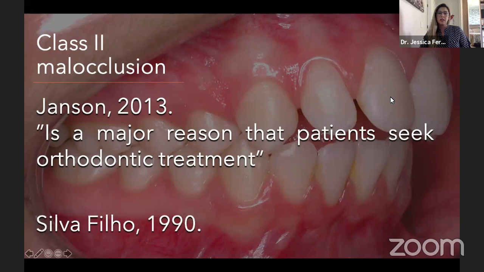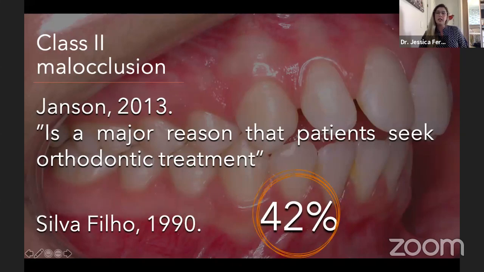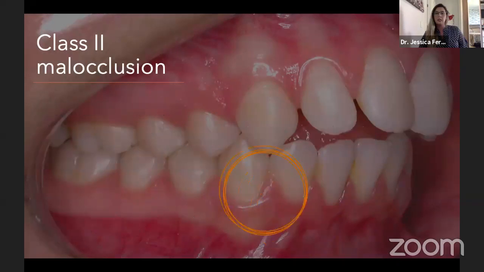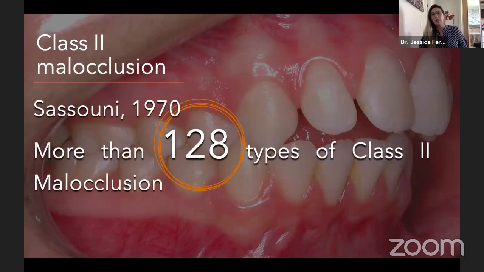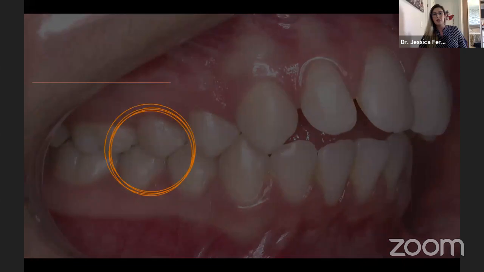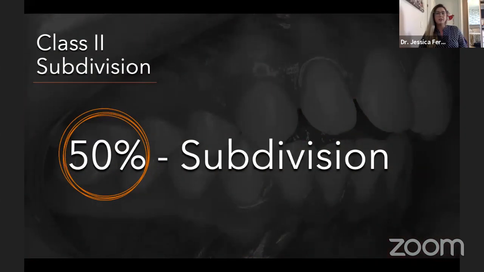Also, Silva Filho in 1990 found in his research in São Paulo that 42% of the kids who looked for treatment were class 2 malocclusions. And Sassouni in 1970 found in his article that there were 128 different types of class 2 malocclusions that would require 128 different strategies of treatment. So class 2 malocclusions are in our practice